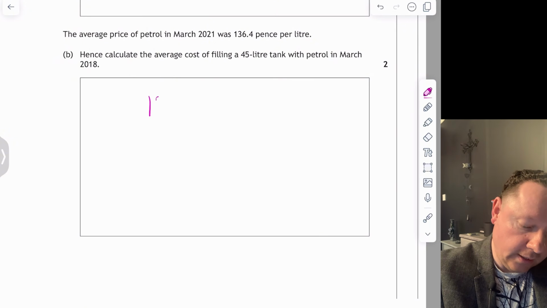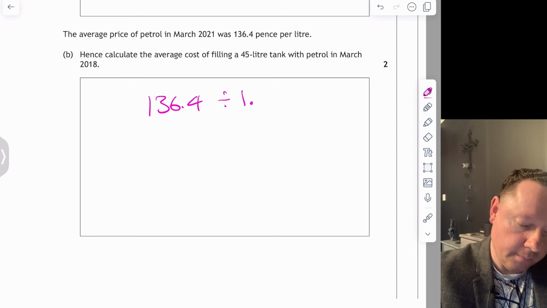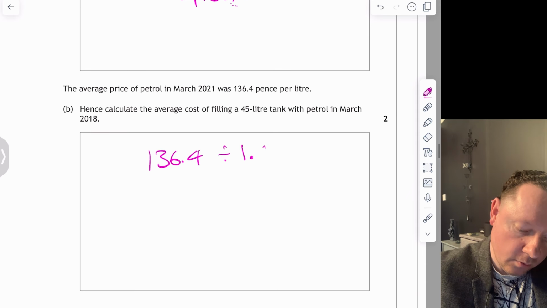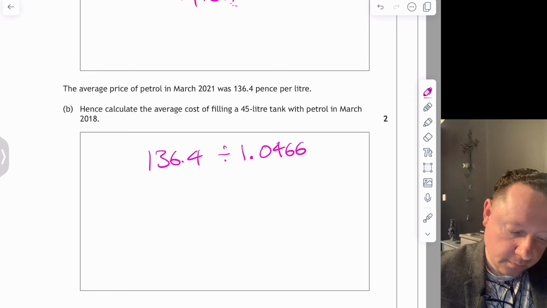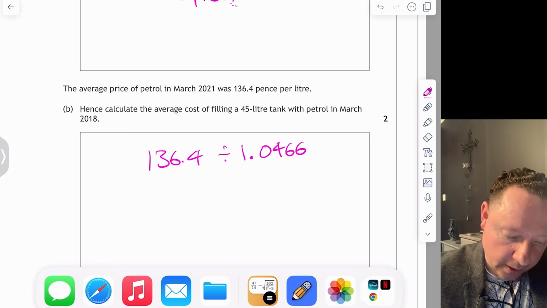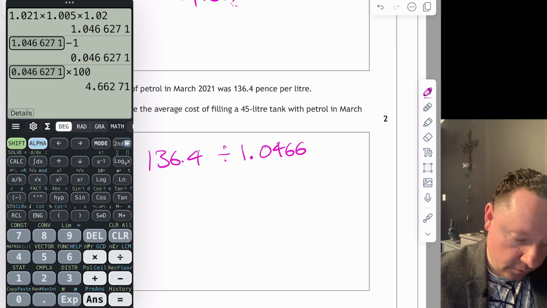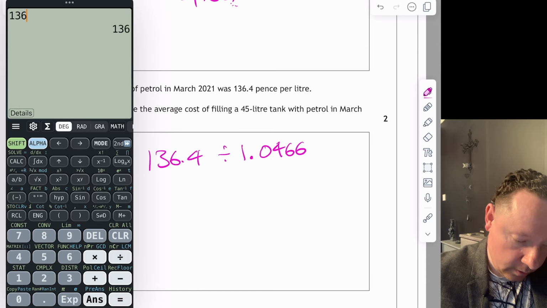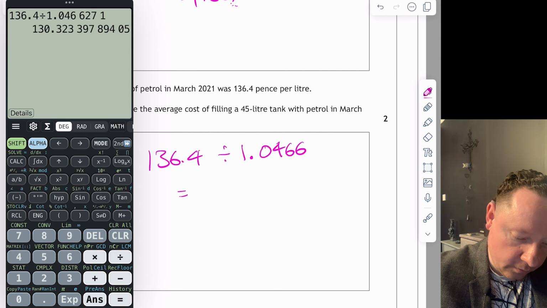So 136.4 divided by 1.0466. So getting my calculator back open for that, I'll just divide by 1.0466271. That gives me